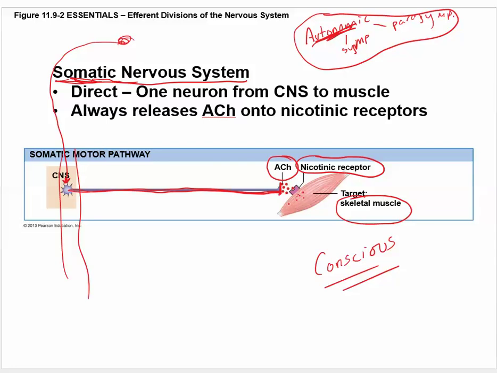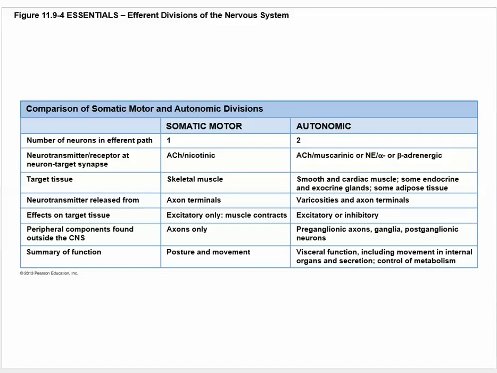There is no decision to be made like we saw with the brain. Sometimes in the brain, it has to reach threshold. This hits threshold every time. Okay, it's very faithful in that respect. So somatic, remember, we're in the PNS, divided into autonomic and somatic. Autonomic, of course, is divided into parasympathetic and sympathetic.